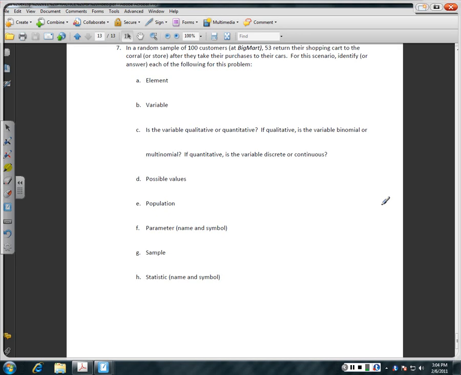Okay, so we have a random sample of 100 customers. 53 return the shopping cart to the corral or into the store. You know, a lot of people just leave them out in the parking lot. Kind of irritates me. But anyway, after they make their purchases,